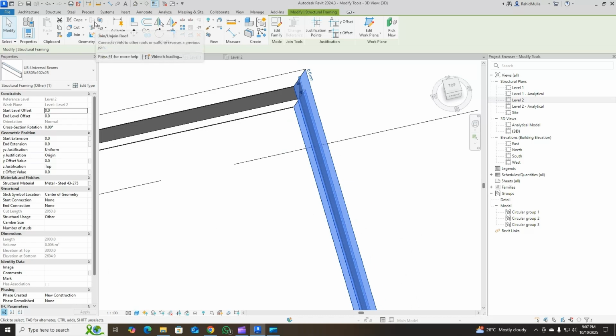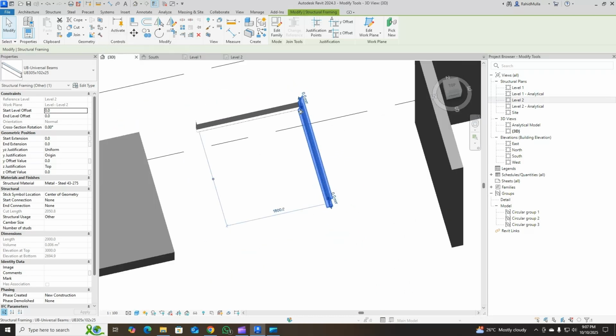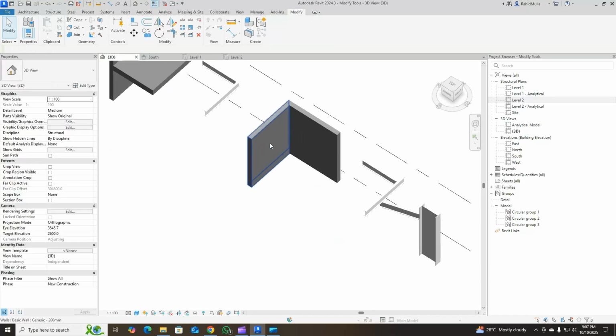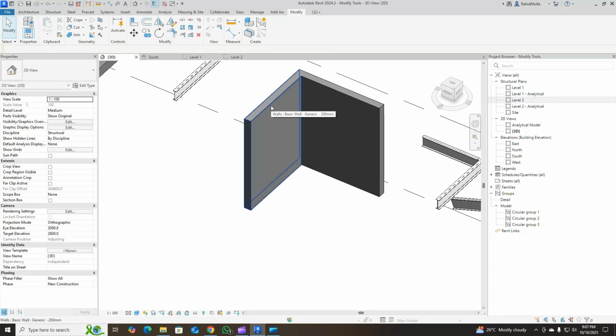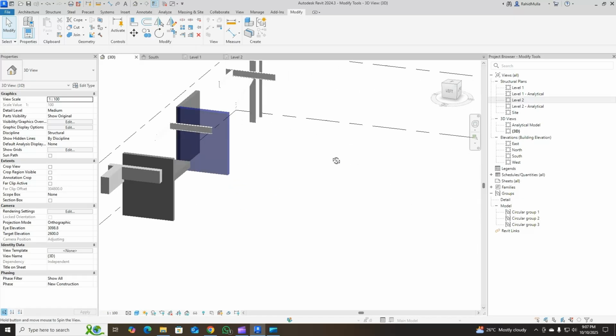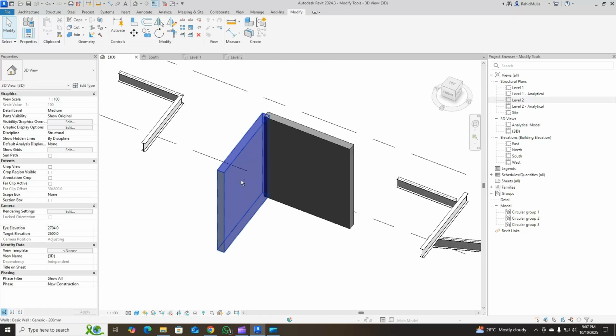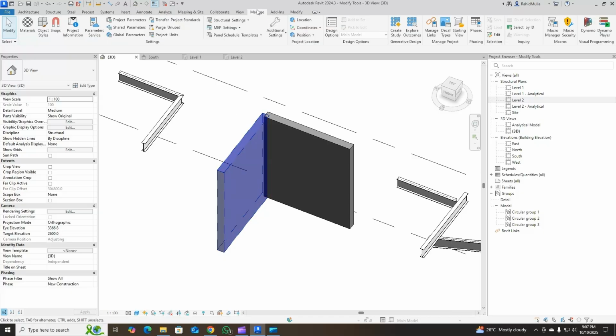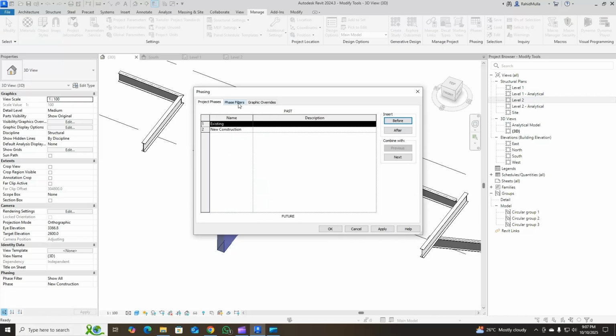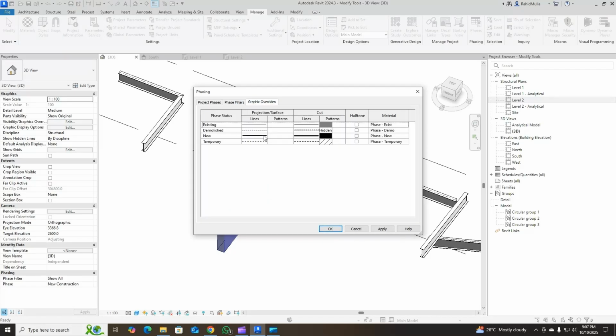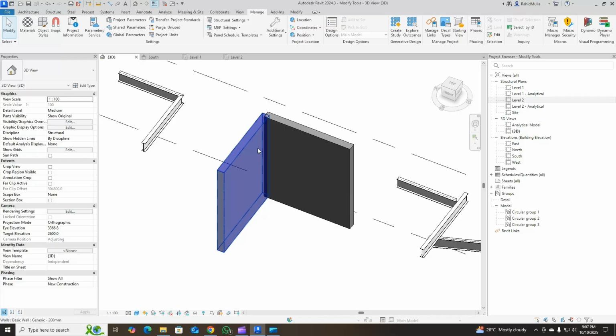There is one more tool that I want to cover, which is demolish. Consider that I want to show my client that this is the wall that has been demolished, and it doesn't exist now. So I can select this demolish option. See what has happened. This is how this wall is indicated. And if you want to understand how this demolition indication works, you can see here in Manage, in Phasing, when you go here, there is this graphic override that has been applied to demolished. Okay, so you can change it here, and accordingly it will reflect.